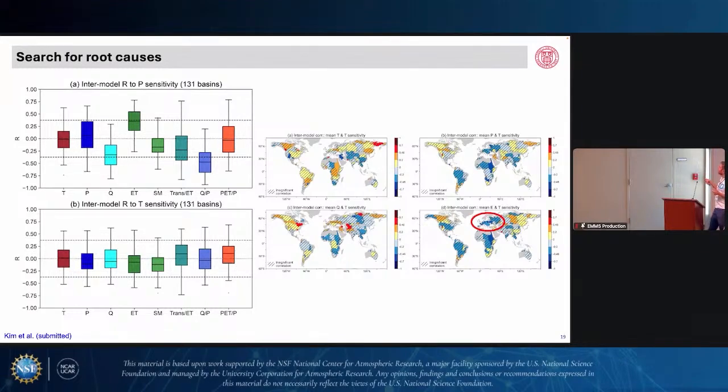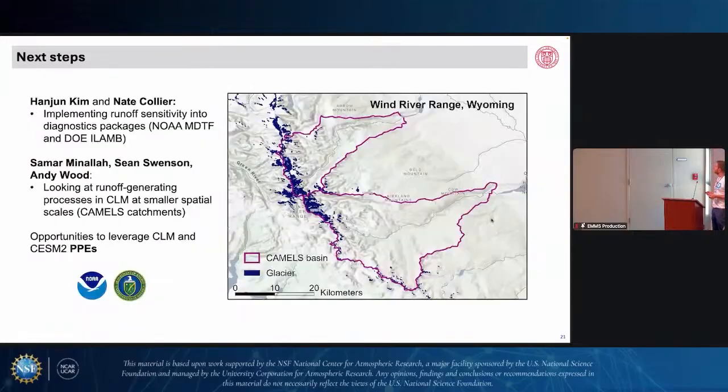So ET biases in this region, fixing those would lead to better representation of these sensitivities. But of course, this is kind of the start of a search for a needle in the haystack. And so some next steps, just to facilitate other people working on this, because Hanjun in particular, and this project is kind of sort of coming to an end, he's implemented this in the NOAA MDTF package, which is part of this project, and we're also working at getting this into